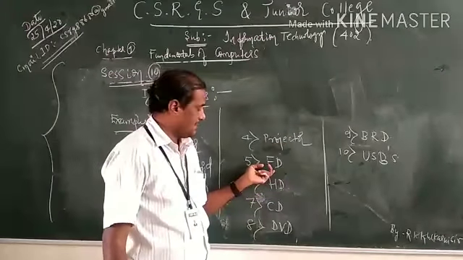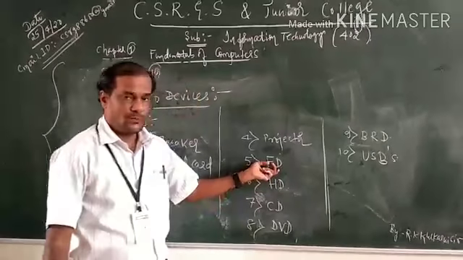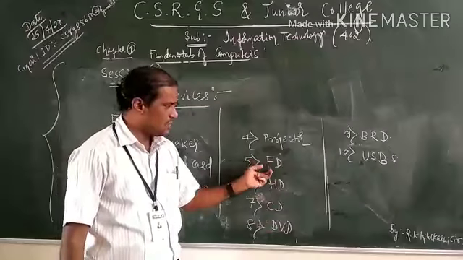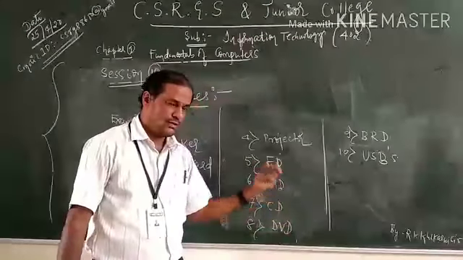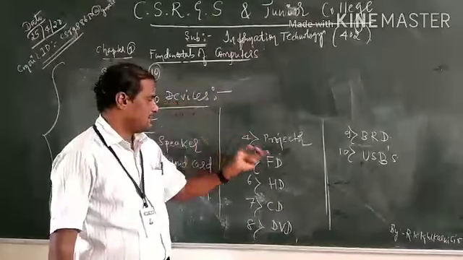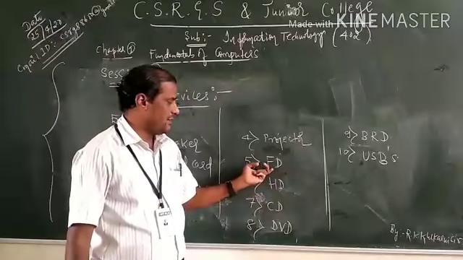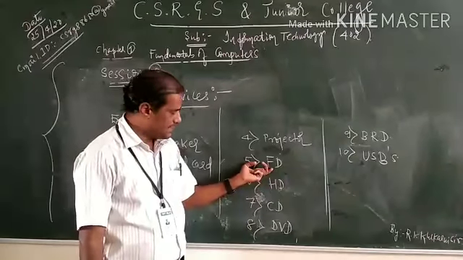Next, FD. FD stands for floppy disk. So these are called memories. Again, in the next class we are going to deal with this one only. But as an I/O device example, I am considering it here. That's all. So FD stands for floppy disk.